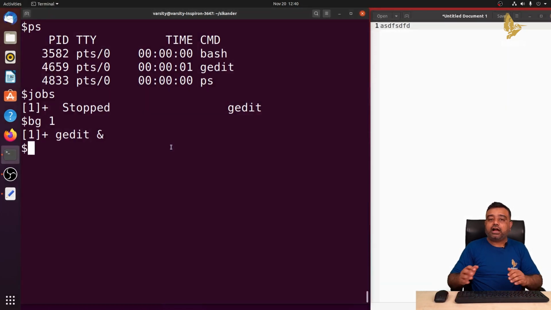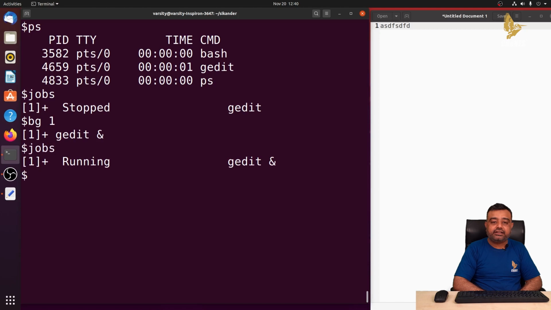So we learned how to stop a process, and then we also saw the status of the process which is stopped. The status says stopped, but again if I try to write jobs now, you can just see that it is saying that it is running. So we can bring any process which is running in the background to the foreground with the help of the fg command, or any stopped process can be continued in the background by using the bg command.